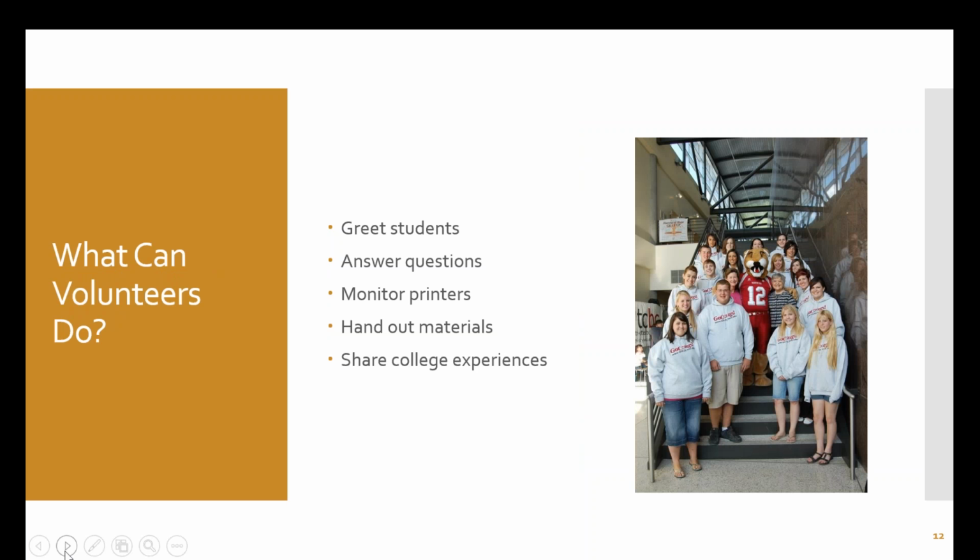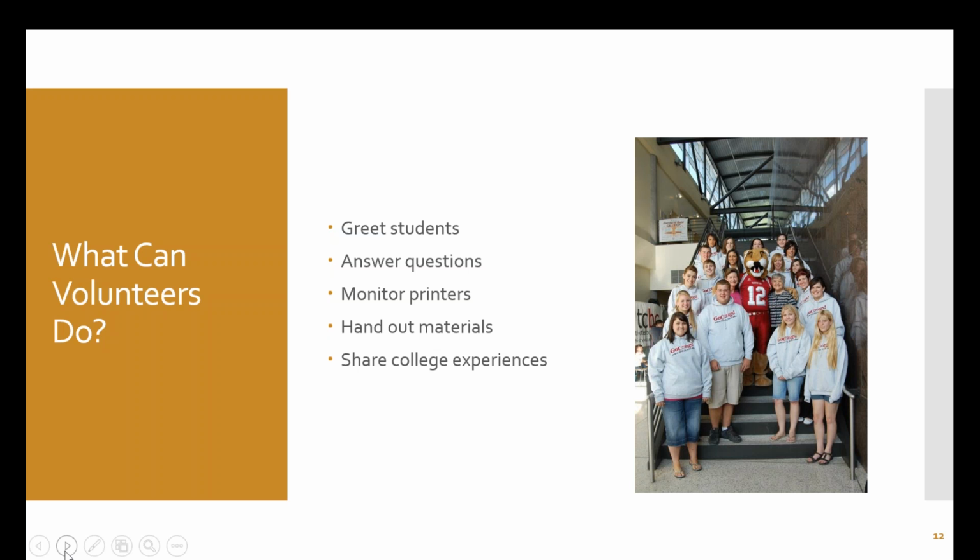Contact your local schools also, so your local colleges, to see maybe if there are leadership groups that want to volunteer at your events as well. So I've had student leaders come out from Gonzaga and other schools to be able to talk to students about the college experience. It's that great peer-to-peer interaction that they're going to have, where they might be more willing to ask a student at a current school questions that are things they won't ask me. So I think they'll ask them, they'll have a little more real talk, and I think that's important for them. So if you can get student leadership to come out from another school, that's awesome.